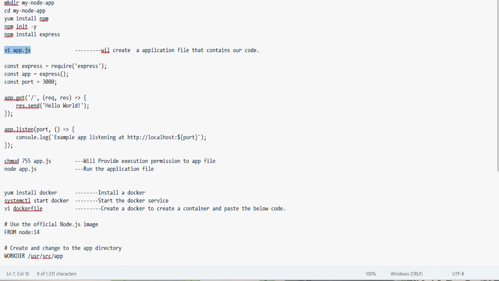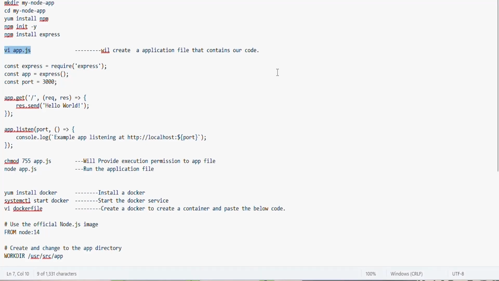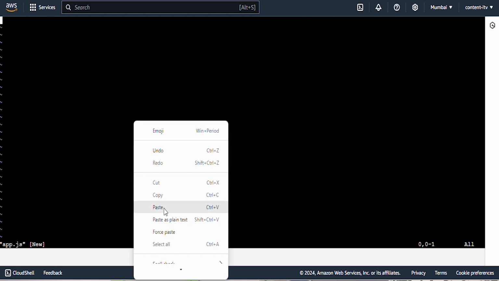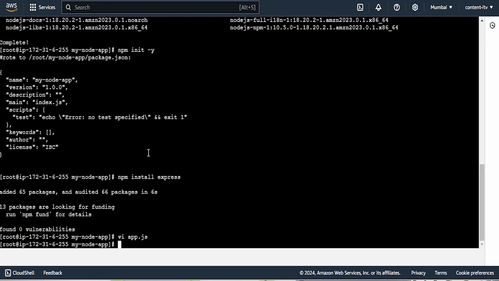Now we want to create an application file, app.js. In this we want to create an application. This is my code, hello world. It will show hello world, running on a custom port, that is 3000. I have pasted my code. We're going to save this file and then provide it